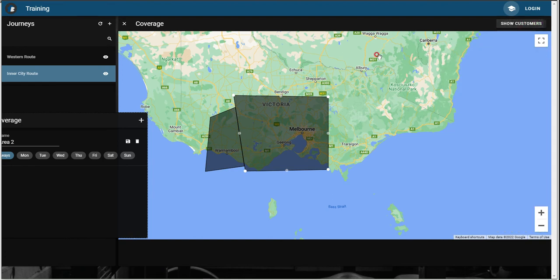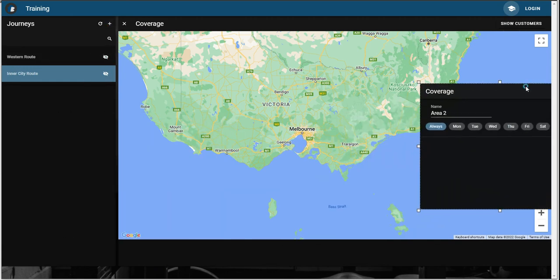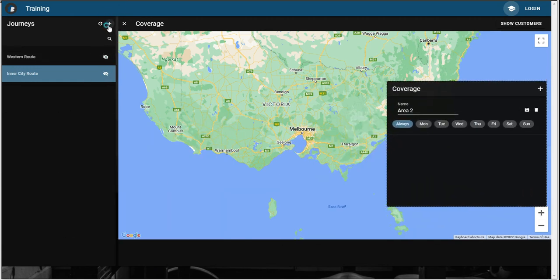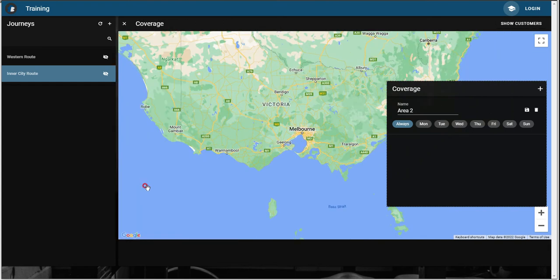Now if we hide customers and hide these boxes, we can actually create new journey templates. We just move that. Pushing the plus button, let's create a northern route. And we don't need to assign a driver, but the start location is the warehouse and it finishes at the warehouse. Say it can have a maximum of 10 destinations, 500 kilo capacity, and 350 total packages. If we create that